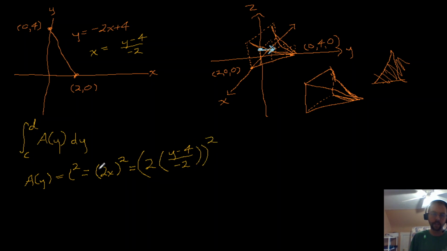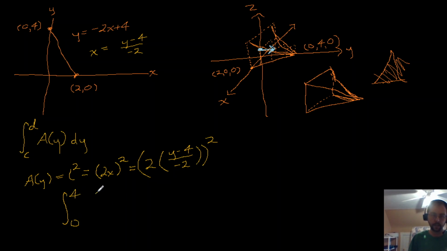So this whole thing is the area with respect to y. C and D are starting in the same spots as last time. We're going from y equals 0 to y equals 4, which can be seen over here. So we have the integral from 0 to 4